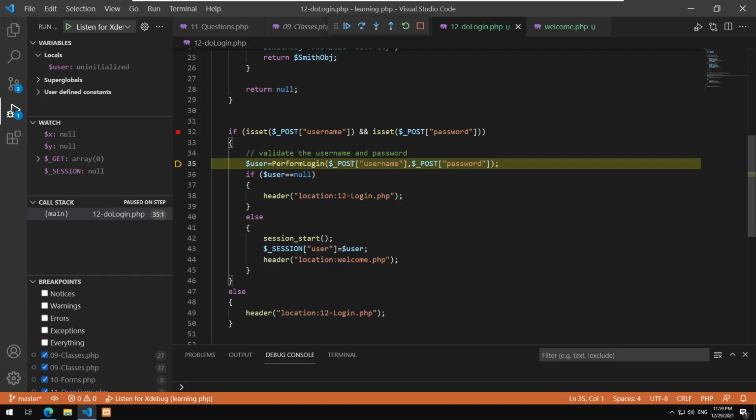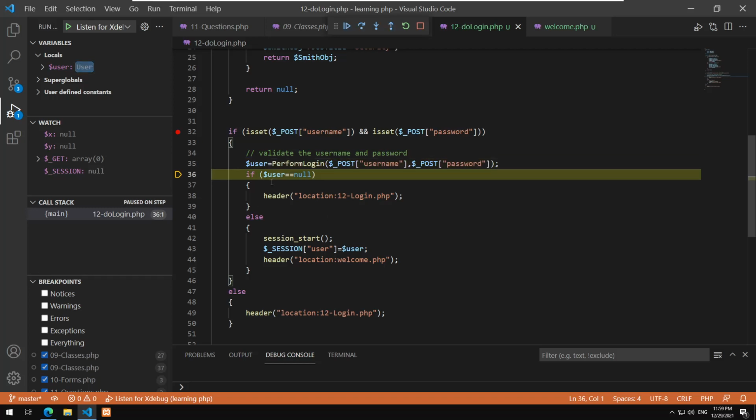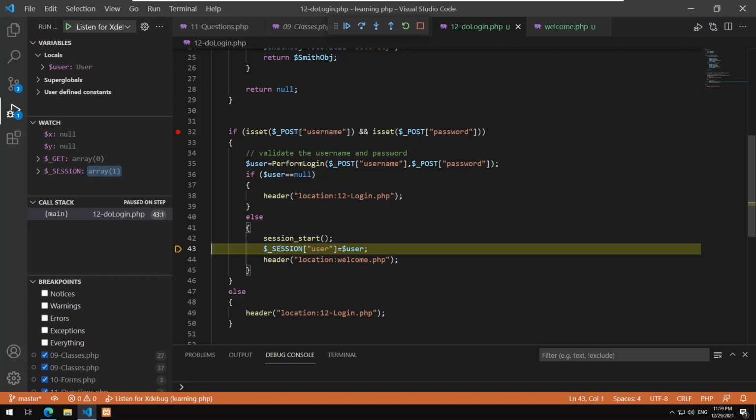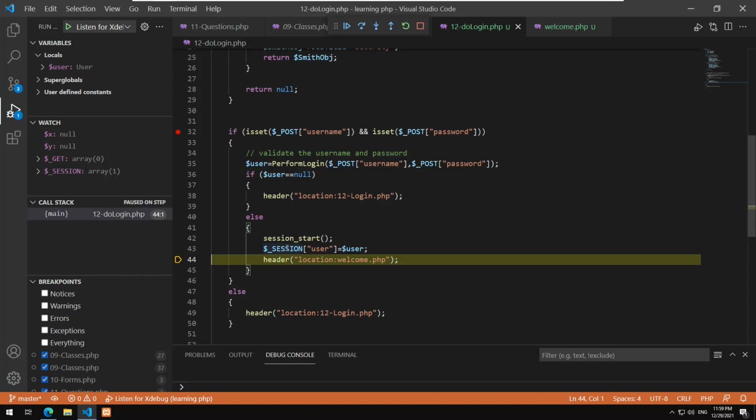So now we are going to call the function perform login. Let's assume it is going to access the database. The function will do its work and return to us an object of the user that has just logged in. So now we are going to start a session, and the session is empty. It has a user from the previous step, so we fill this one, and now we get redirected to the welcome